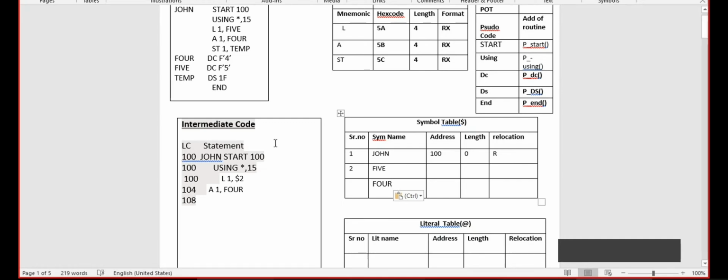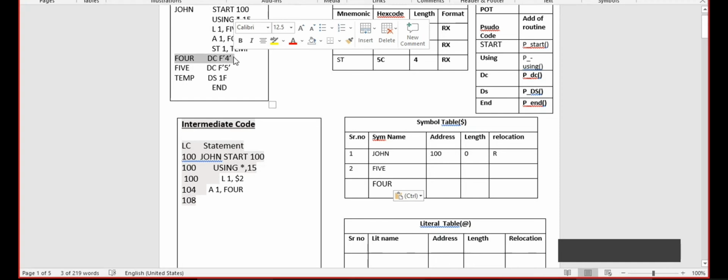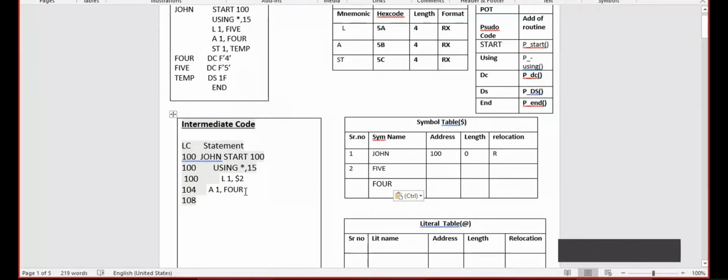That we will decide when we see the statement 4 DCF quotation 4. So what is the address of this 4? That we decide later. So instead of writing 4, I will write $3. That means symbol table 3, which denotes the address of this particular symbol.